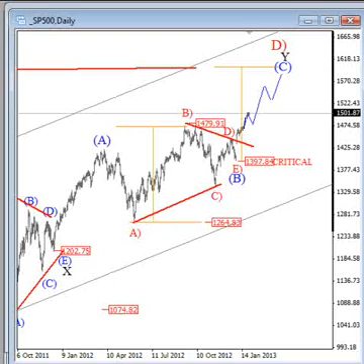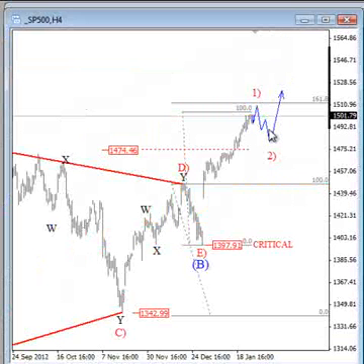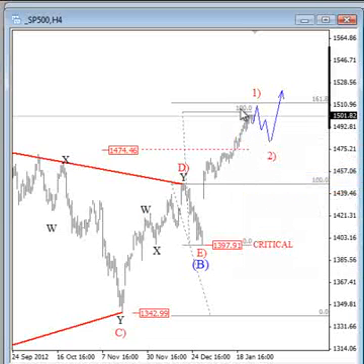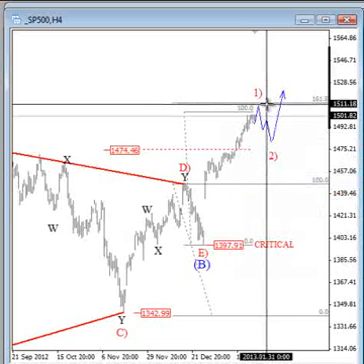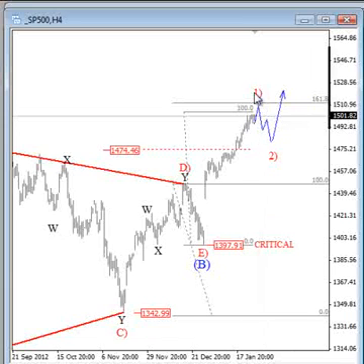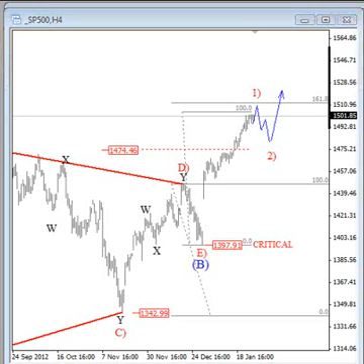Okay, and now let's take a look also on the S&P 500. On the S&P 500 daily chart, we are looking higher here in wave C, which should be subdivided by 5 legs. This wave C could reach new all-time highs. On this 4-hour chart, we can see that the price is approaching some significant Fibonacci resistance levels just above 1500 mark. So maybe we'll see a pullback from here, but before that I think that we will see another push higher in wave 1,